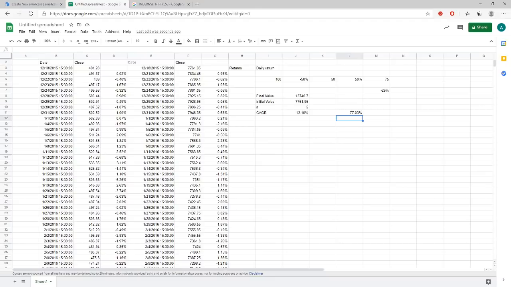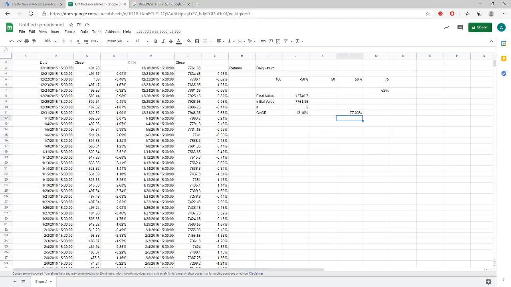So in the first year, on a basis of 100, you have earned 112.1. Now in year 2, on the base of 112.1, you have earned another 12.1% extra. So overall you have earned 12.1% CAGR. This is a very common term which is used. It's also called annualized return. So you have earned 12.1%.